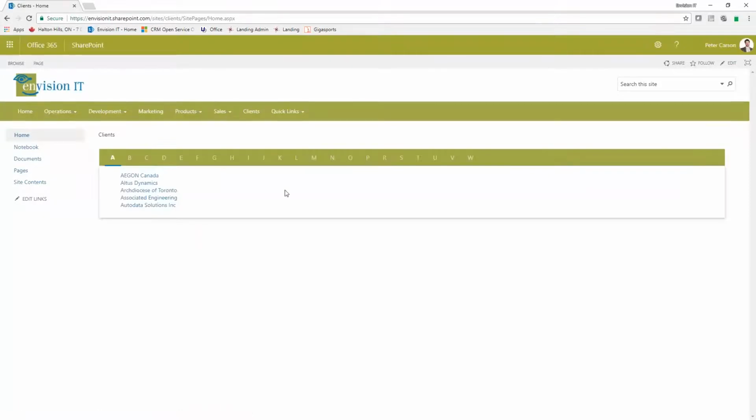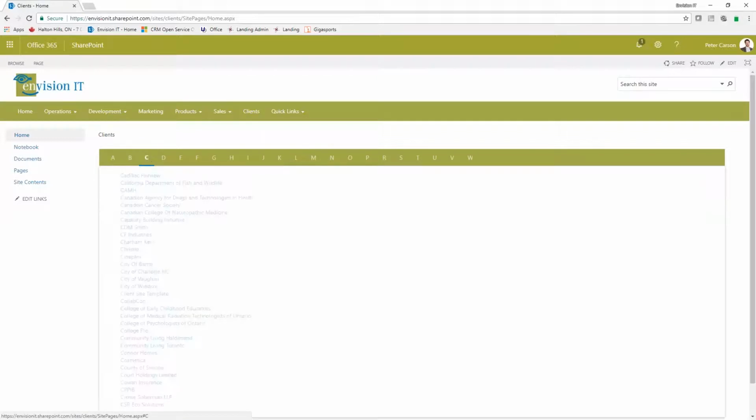We flipped into a classic site. We haven't put Masthead on the classic sites just yet. That's part of our roadmap plan. We can see here we've got an A to Z web part of clients. So the idea is it's very quick and easy to be able to go through these various different lists here